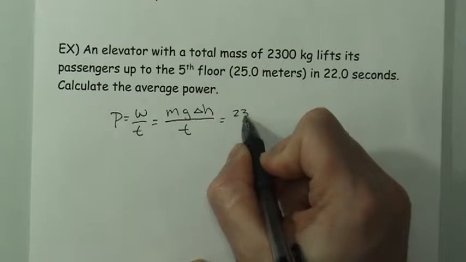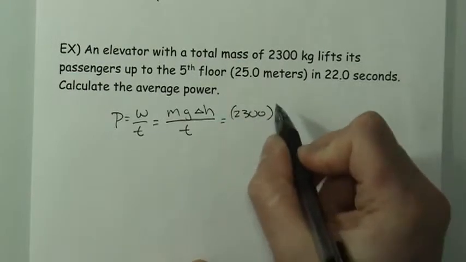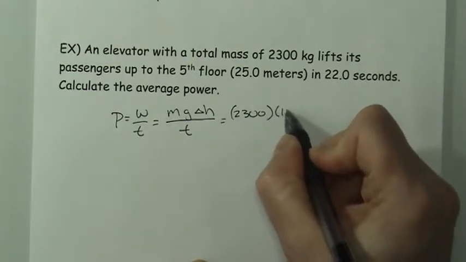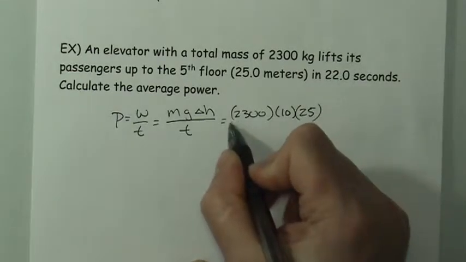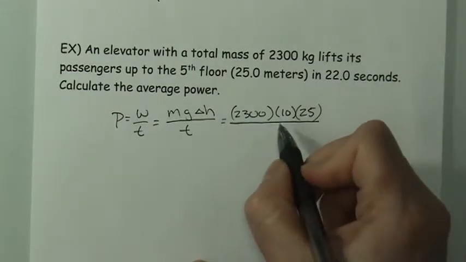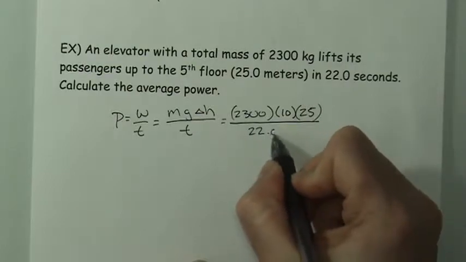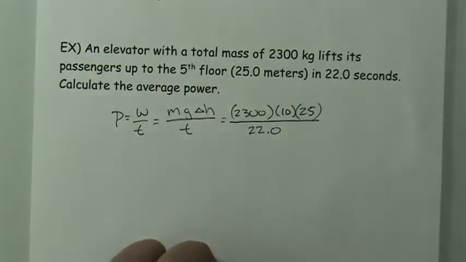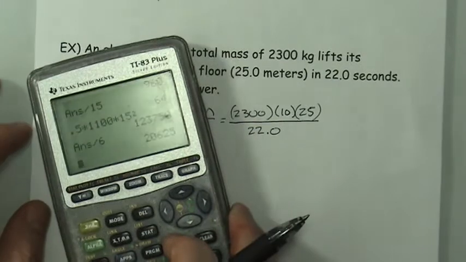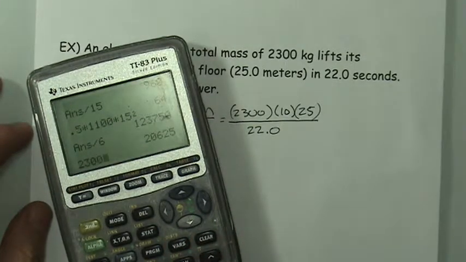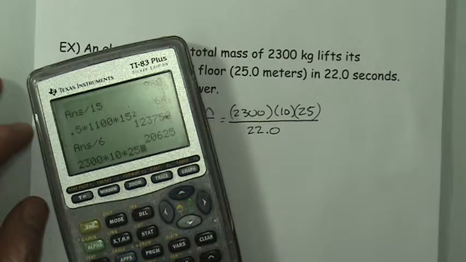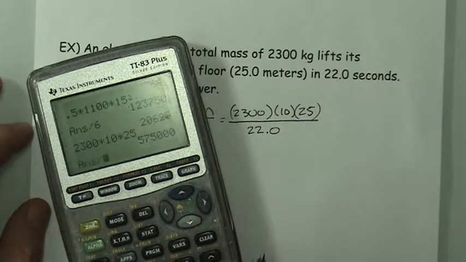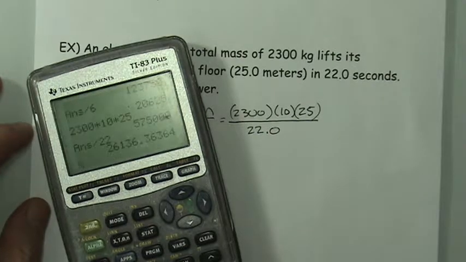So 2,300 times, we're going to use 10 for gravity, and 25. And it took 22 seconds for this change to occur. And that's it. We can go straight to the calculator. 2,300 times 10 times 25, divided by 22, and we end up with